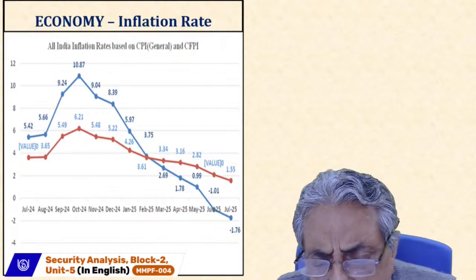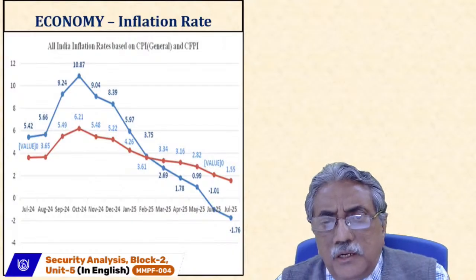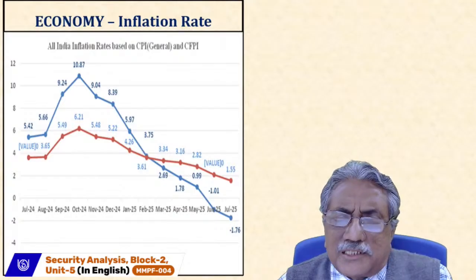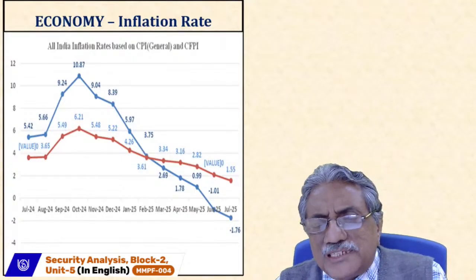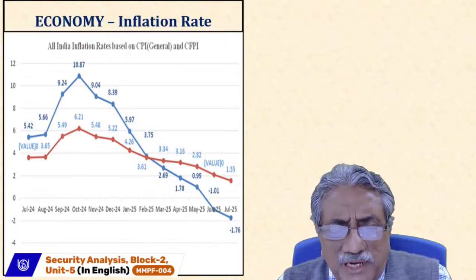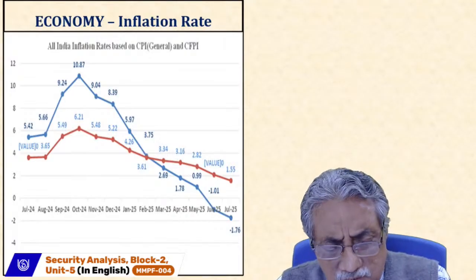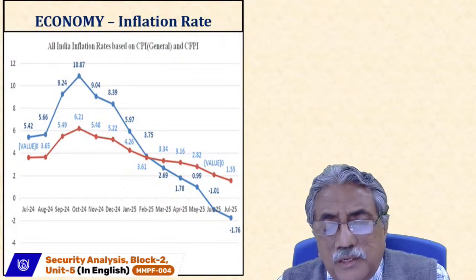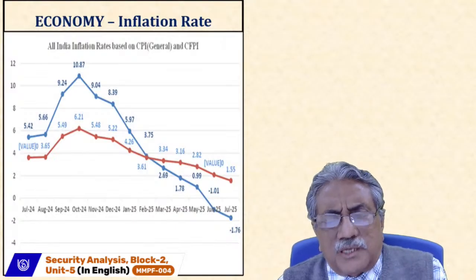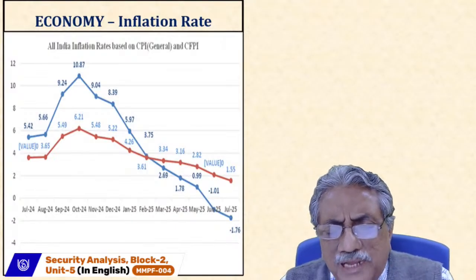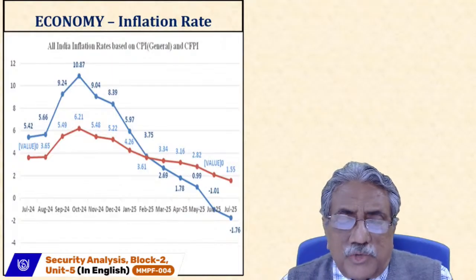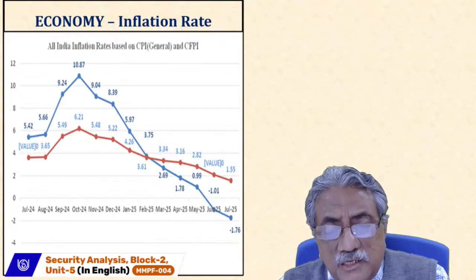Inflation and nominal rate. What you see on print in the bank or other places, the interest rate, that is generally nominal. So if they say it is 5%, then it is a nominal rate of 5%. But if you deduct the inflation, say 1.55, then you get the net effect, that is 3 point something, 3.45. That is the real interest rate you are earning. Now that's not bad, that's quite good. This is the real interest rate.